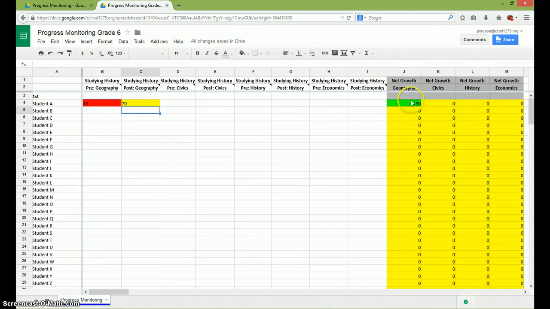And over here, the cool addition to the chart is net growth. So in geography specifically, the net growth here for this student, student A, is 50 percentile. So he has raised 50% in his score. If the student did really well, or did pretty well on his pretest in geography, and then somehow went down and did worse in the post-test, obviously something's wrong, and it's identified here as a negative net growth, so we can focus on that student and figure out what extra help they need or interventions they need to get back